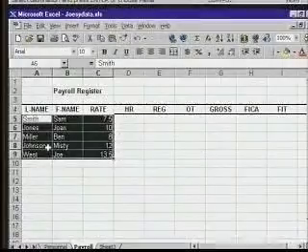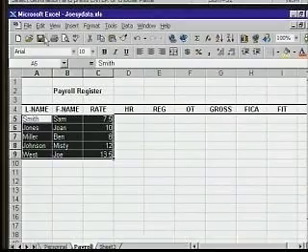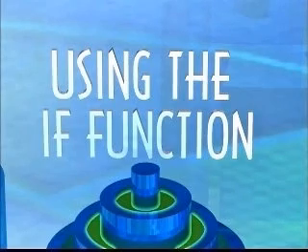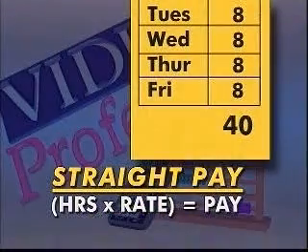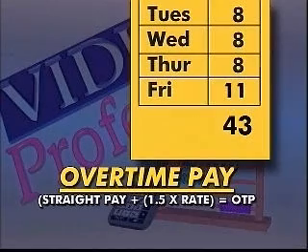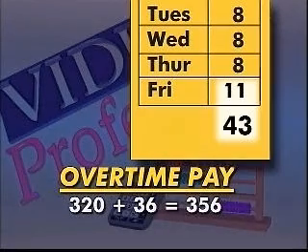Before we go any further, click on the Save button again. Our next step in today's lesson is creating formulas and functions that calculate payroll. We can easily write a formula to multiply the pay rate, but that's only half the problem. We also need some way to decide when overtime should be paid. Generally, any hours in excess of 40 per week must be paid at a premium, usually at 1.5 times the